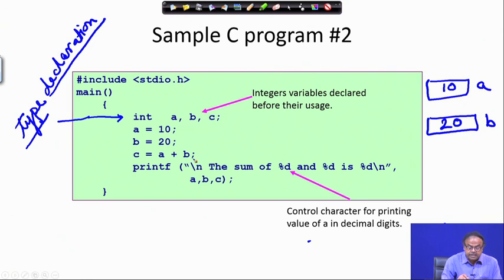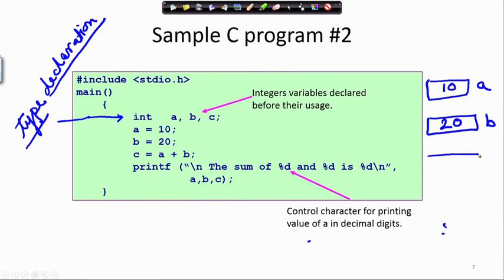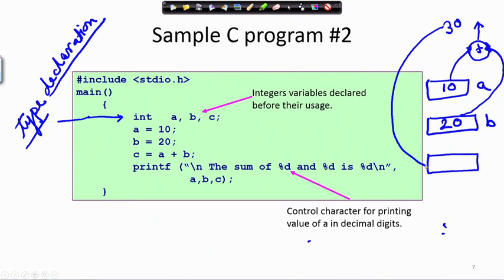And this statement, C assigned A plus B, I had explained in another lecture: the values 10 and 20 will be taken out from the corresponding memory locations, added, and the result will be 30, which will be written into the location C. So, this will be 30. Okay, this much is clear.